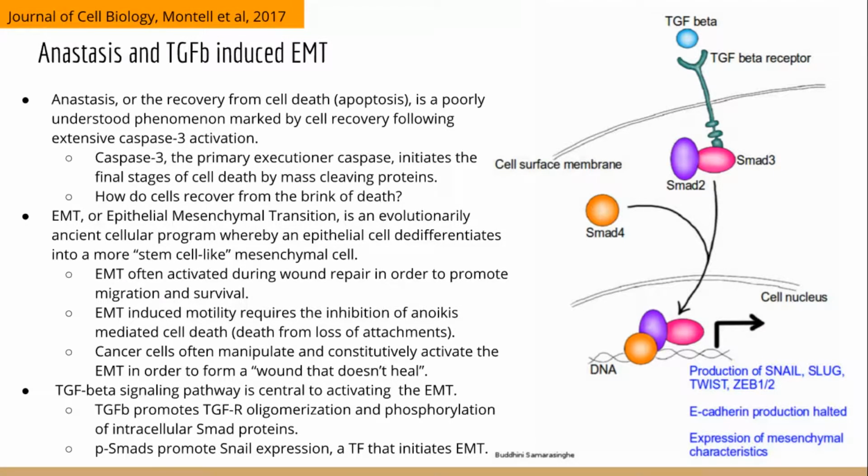So a shift from epithelial cells to a mesenchymal-looking fibroblast is marked by the gain of a trait called stemness, or the ability to differentiate into other cells. Essentially, it looks more like a stem cell than it did before. So the EMT essentially turns these differentiated epithelial cells into more stem cell-like fibroblast cells. So the question is, how does and why does an epithelial cell turn the clock backwards to form these motile mesenchymal cells? So the EMT actually happens during wound repair, and that's the canonical event that activates the EMT is